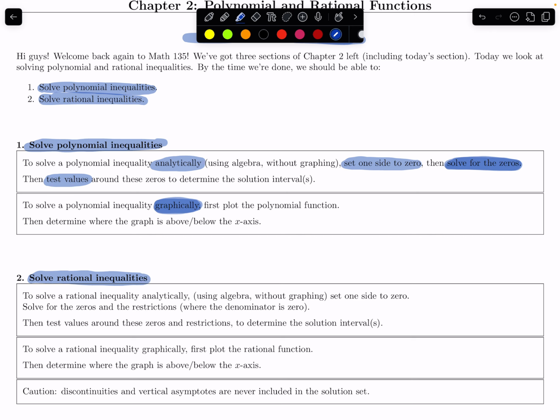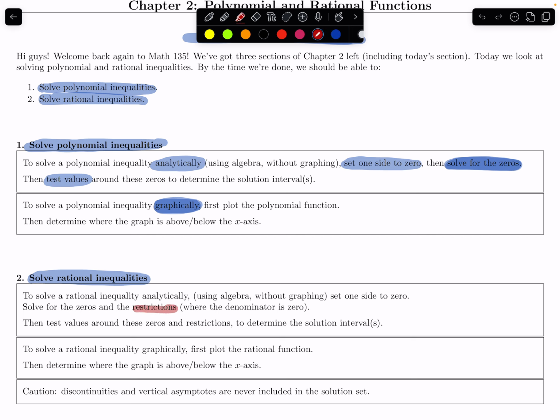And solving rational inequalities, I'll kind of just cut to the chase here. It's going to be pretty much the same thing. We're going to do almost exactly the same directions. If you look at the explanation here, this whole part is all exactly the same. And then the next line, there's just one additional little caveat here, which is not only for the zeros, but